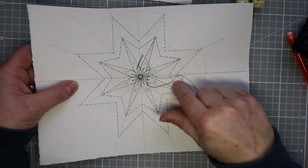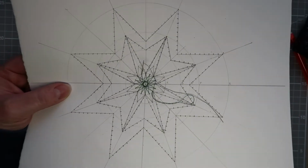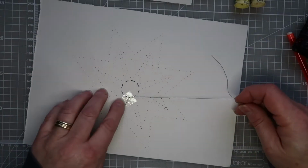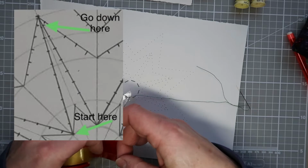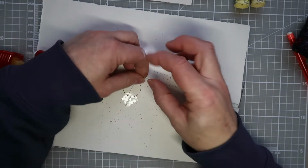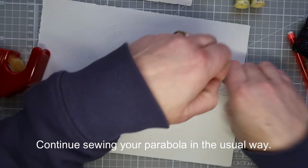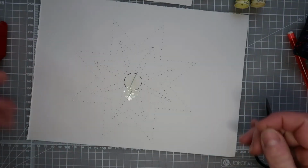So each hole now has 2 threads coming out of it, and I'm just about to make that last final stitch where I pull that one through, keep the paper nice and flat while I turn it over, and I'm just going to secure the tail of my thread with some tape to stop it coming out of the paper. So again, I'll just try and tape it in a slightly different spot to that first one, cut my thread off, and I can keep that length in case there's another bit that I wish to do with the same